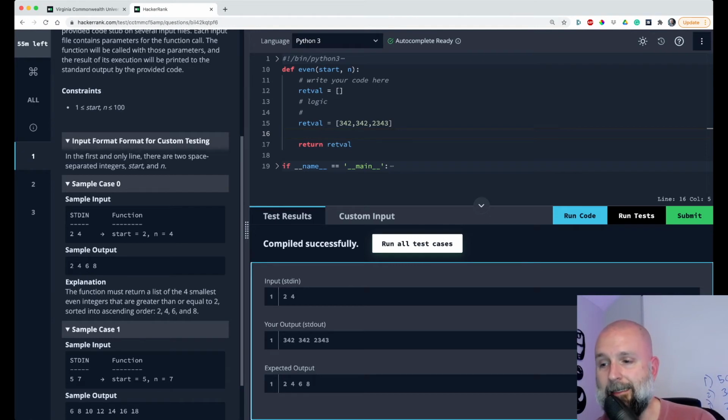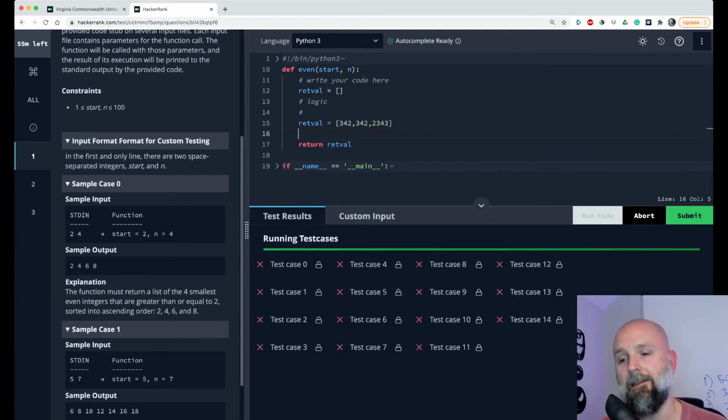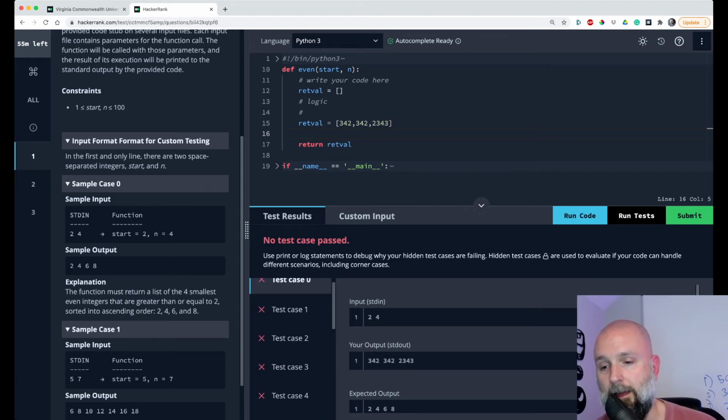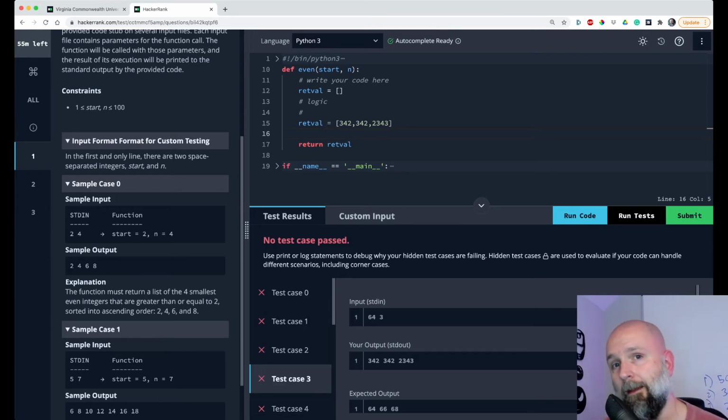Then when you run the tests, I just clicked on that run test button. It'll run through these 14 test cases, and none of mine passed. I'm curious what they'll show you. Oh, they'll actually show you 0 through 4 on this. So you'll see test case 1 is at 5 and 7, 101, 3, etc. But it won't show you what 5 through 14 are. If your logic's right, it doesn't matter. Remember, these do have time limits typically.